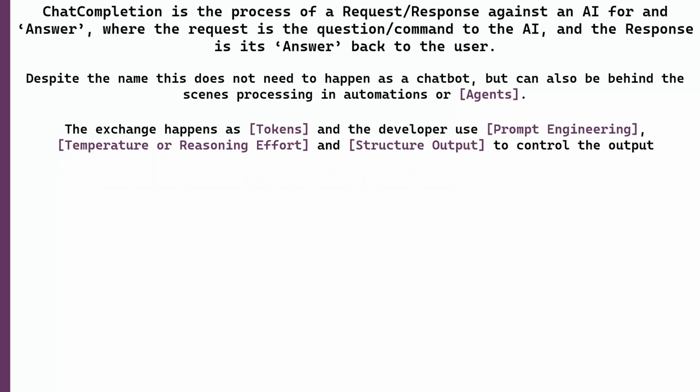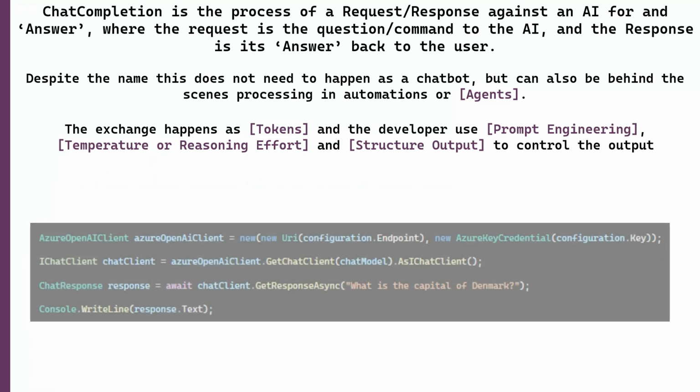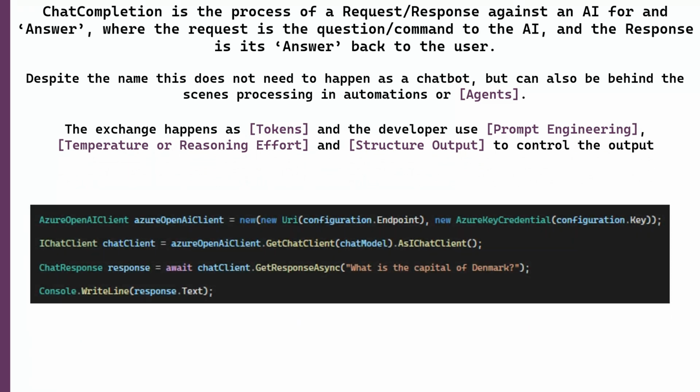And in order to use it, you can use prompt engineering, you can use temperature, you can use reasoning efforts, or structured output to control the various inputs and outputs. Because in the very, very basic example, you can see it's just 3-4 lines of code. You get your client and you ask a question, and then you get a response.